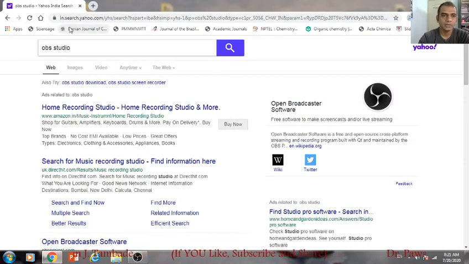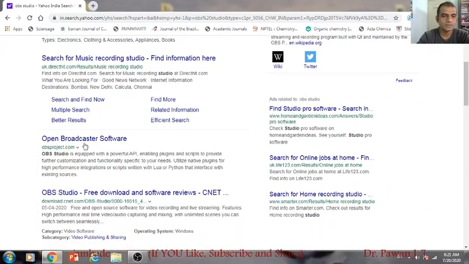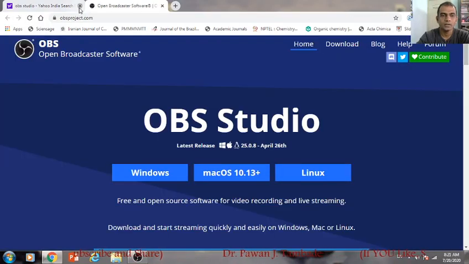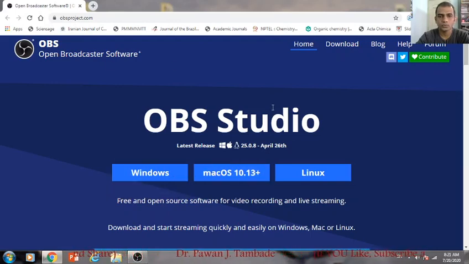It will redirect you to some sites. Out of these sites, the OBS broadcaster software, that is obsproject.com, is the site from where we need to download OBS software. Click on this link and you will be redirected to the homepage of obsproject.com.